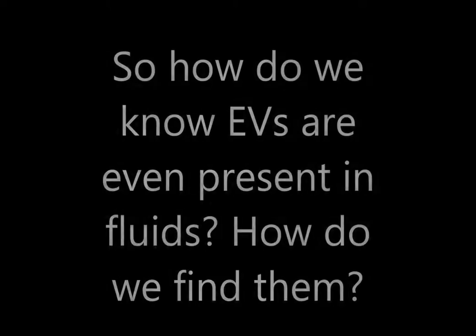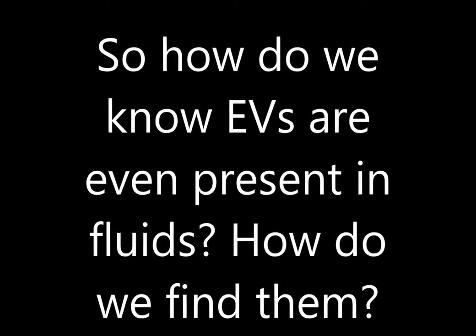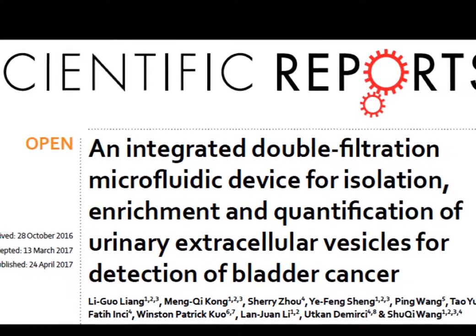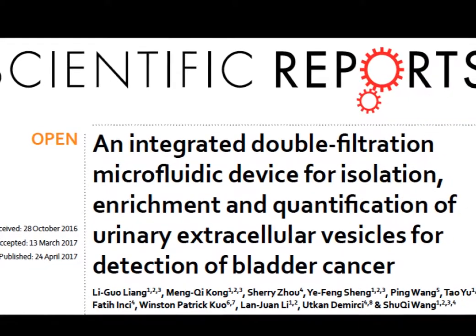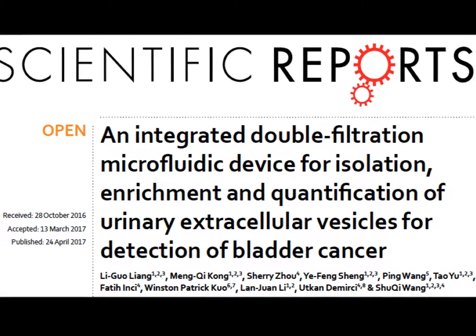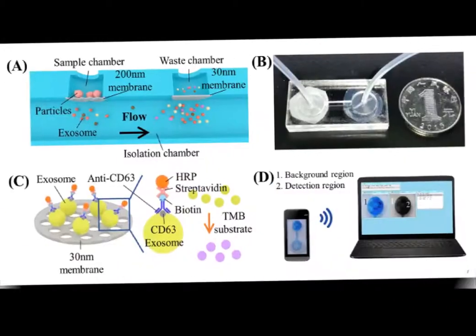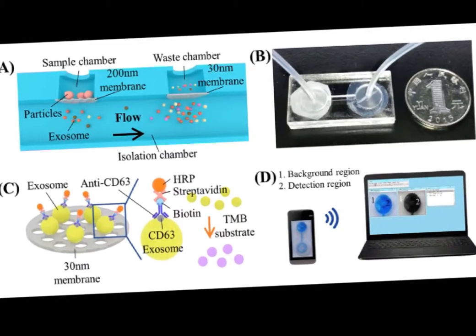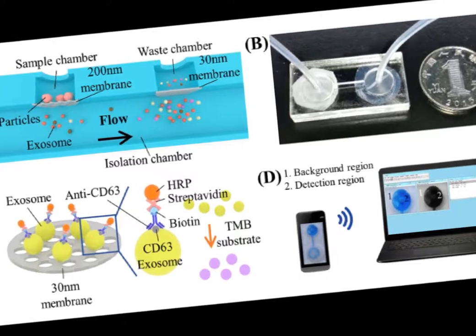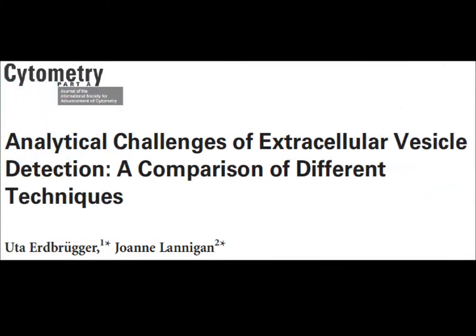So how do we know EVs are even present in a fluid, and how do we find them? Well, there are literally thousands of papers claiming to be able to measure EVs and hundreds of techniques developed for catching these tiny packets of biological material. For example, this method uses a small chamber that removes large particles and allows the tiny EVs to be transferred to another chamber. But the most common techniques for measuring EVs are flow cytometry, nanoparticle tracking, resistive pulse sensing, and